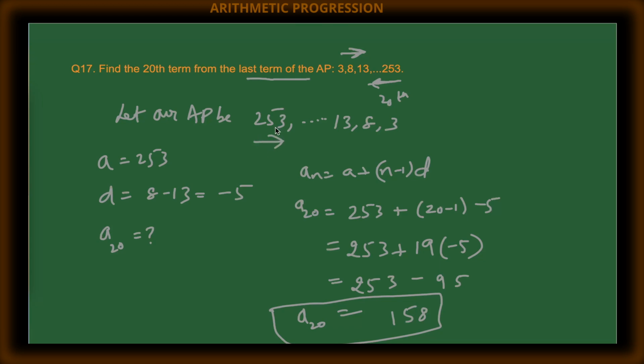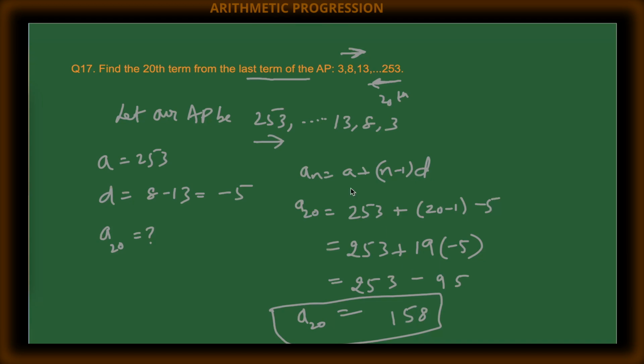Okay, and assume this is starting. So from here, if we can find the 20th term. Okay, at 20th term, what is it? So the difference will be the same. We have seen the difference here. How do we find the difference? It is reverse. We found the successive numbers. A we know 253. So with this particular formula of the nth term, we can identify what is the 20th